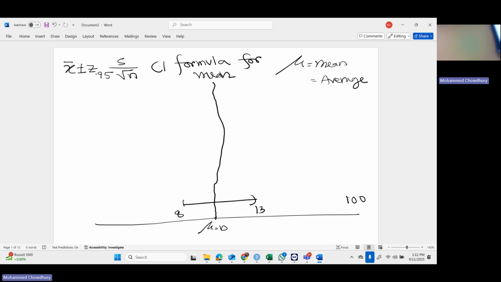$7, $13, $20. And she averaged them, she got X bar. She found the standard deviation by using the formula that I gave in the first exam, and she got the X bar and S, right? From the 100 numbers. And she has N equal to 100. And what is Z.95? Now I'm showing you. Okay? So